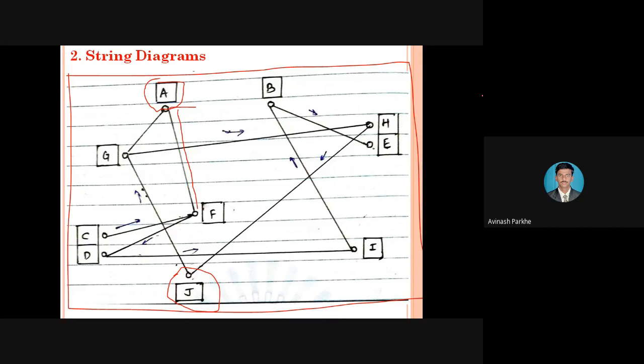That means whatever the complex processes, whatever the complex backtrackings are taking place, the complex backtrackings or actual distance can be calculated by using this string diagram. Therefore, whatever limitations are there for the flow diagram can be eliminated by using this string diagram. Okay, so this is about the string diagram.